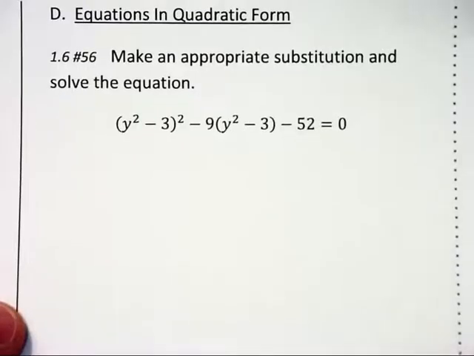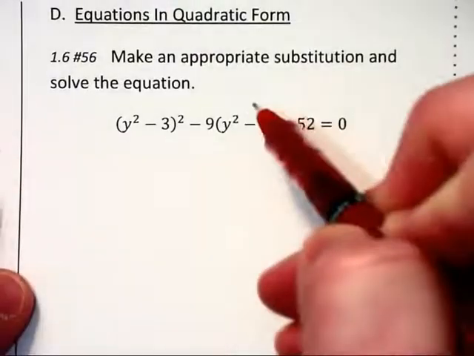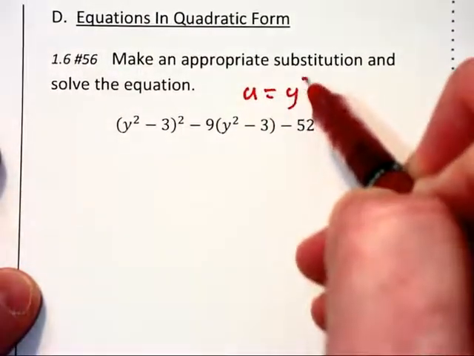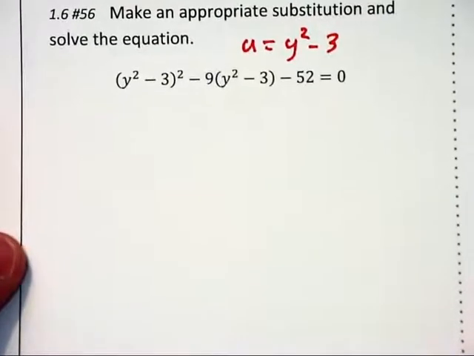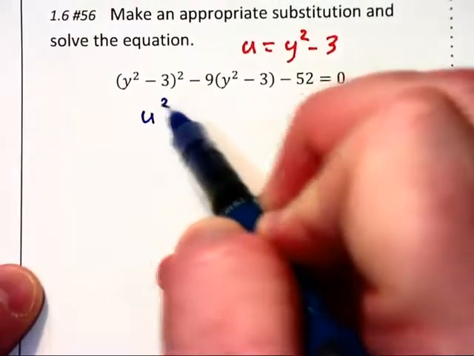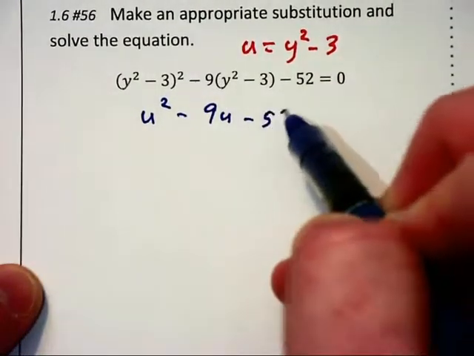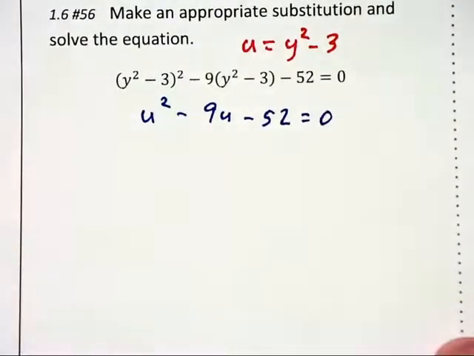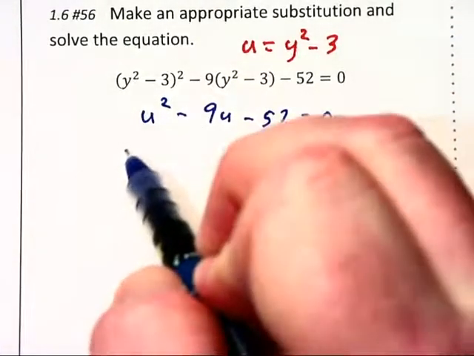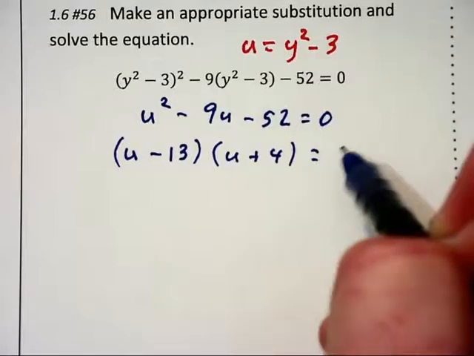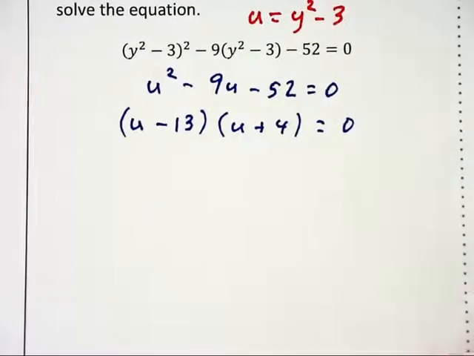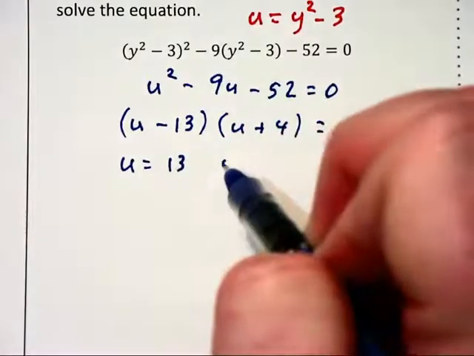Now deal with equations in quadratic form. I'm going to make the substitution u equals y squared minus 3. U is the variable we usually use, and that simplifies this equation down to u squared minus 9u minus 52 equals 0. We know that 52 is equal to 13 times 4, so we can factor this into u minus 13 times u plus 4 is equal to 0,